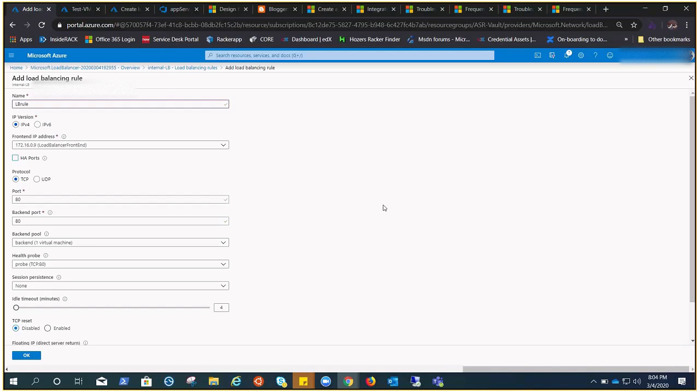We know there are organizations which are too much into security, and they apply lots of NVAs, and they want every traffic to go through the NVA, whether it's internal or external. So this standard internal load balancer can help us in achieving that task when we have multiple NVAs